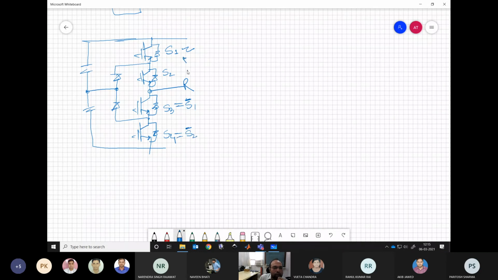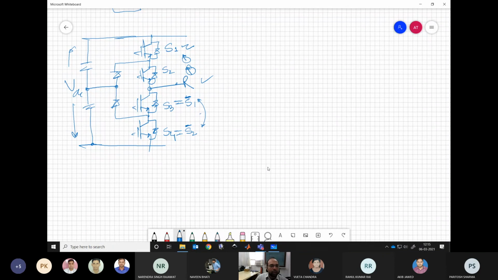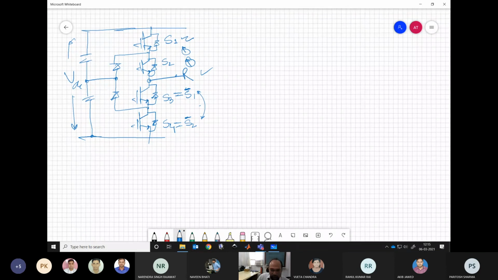So we need 2 gating signals over here which are independent, and the other 2 are dependent on that. This way we ensure that we are not shorting the DC bus ever while we are operating the converter. These are the things we need to keep in mind related to the converter when we are operating it. This is all ensured when we are generating the PWM waveform from our controller. We ensure these things. There are many other arrangements which we will discuss in future classes.